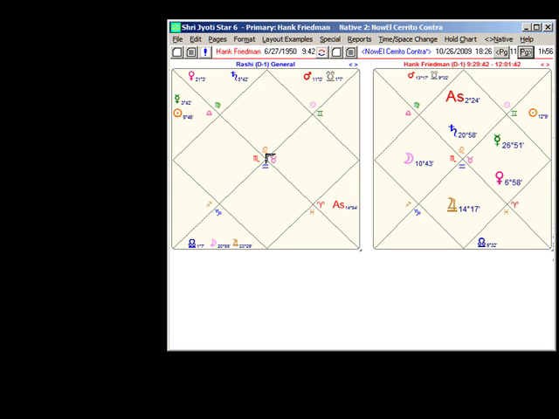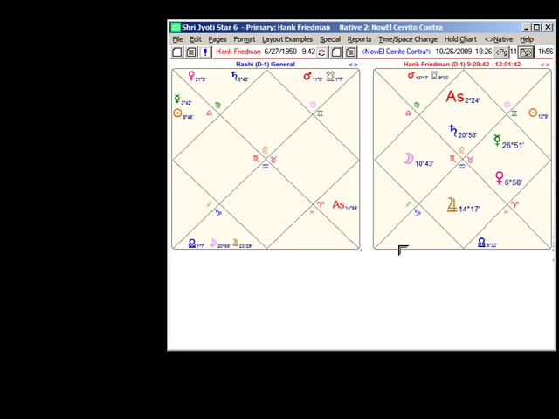I can also, if I want, put aspect lines in. I don't tend to do that, but these arrows here will switch and use either Western aspects or Tajik aspects or systems approach aspects or whole sign aspects or Parashara and Jaimini aspects or just Jaimini aspects or just Parashara aspects or again none. So for the beginner who wants to see what aspects are formed, this can be very,